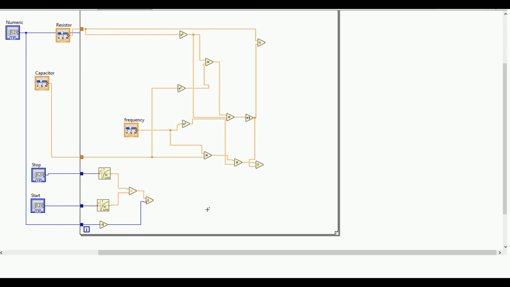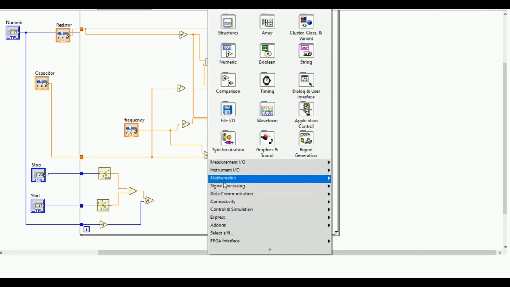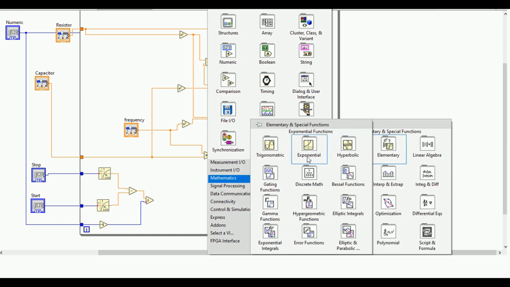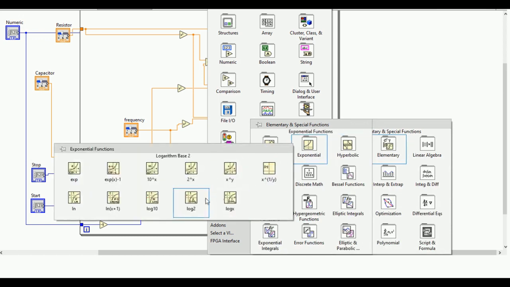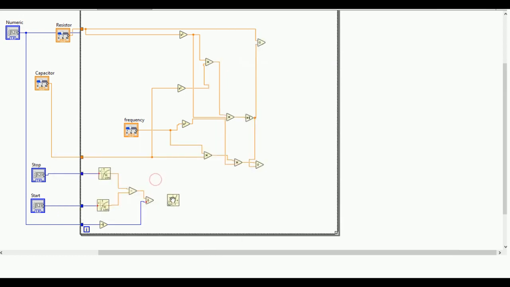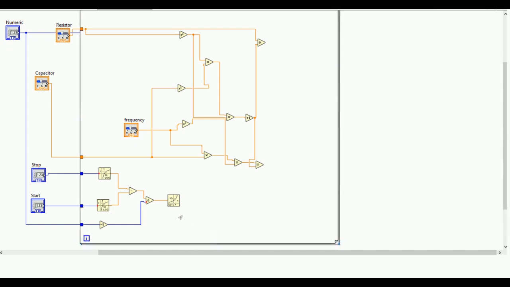Now I have to add with the frequency, so I have to convert it into the frequency from the log step size. For that I am going to the mathematics, elementary, exponential, and then this is the 10 raised to x. So if you use this, you can find the frequency from the log step size. So this will be add. First frequency, for example, if it is 40, the next time it will add 40 plus this step, and next time it will add 40 plus 2 into step. Accordingly it will increase. Okay, fine.